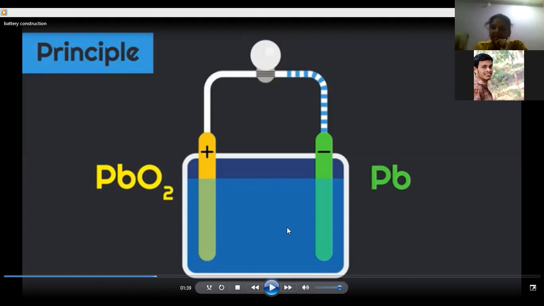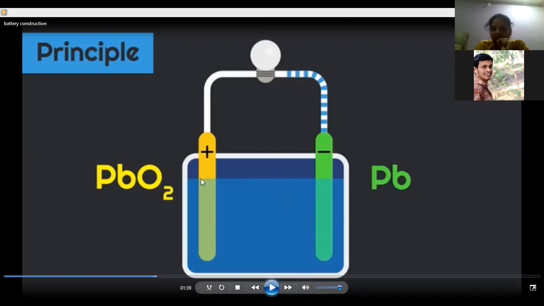Now when your engine starts, the chemical energy is getting converted to electrical energy. Once the engine starts, the electrical energy will again get converted to chemical energy. In that process, so much heat will get released and all the water present in this will get evaporated. As a result, the concentration of H2SO4 will increase. As the concentration is increasing, in order to dilute it again, we pour water into the battery. So that is the reason why we pour water into the battery.